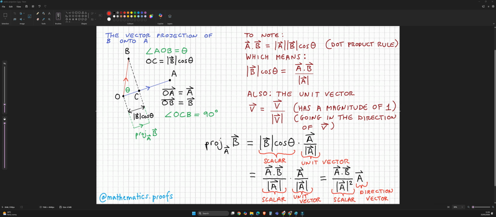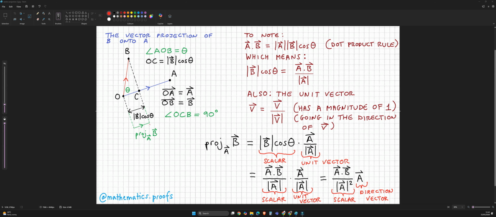At the end of everything, the vector projection of B onto A is going to be equal to the dot product of the vectors A and B over the magnitude of A squared, which is a scalar quantity, multiplied by the direction vector A. In terms of the image to the left, the vector projection of B onto A would